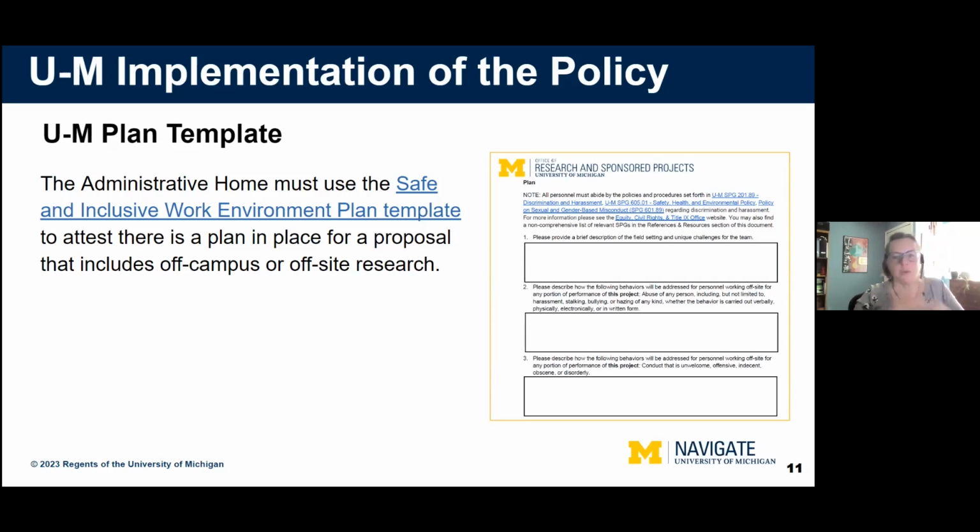You're not creating this out of whole cloth. It's within the university environment. So there's a lot of those U of M policies that are pulled into this document. The project team fills out the sections related to specifics of the project. So we'll look at those and talk a little bit more about those in the next few slides. And then the PI must sign and date agreeing to disseminate the plan to individuals prior to them starting work, should the award come through.